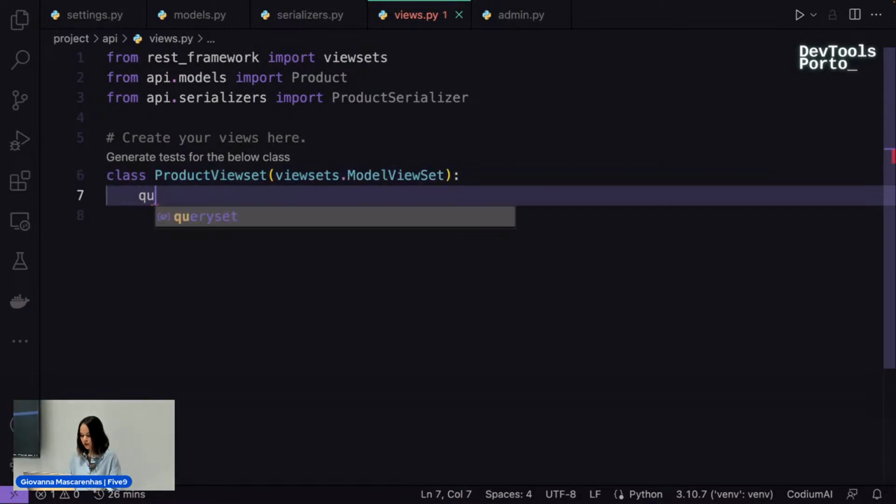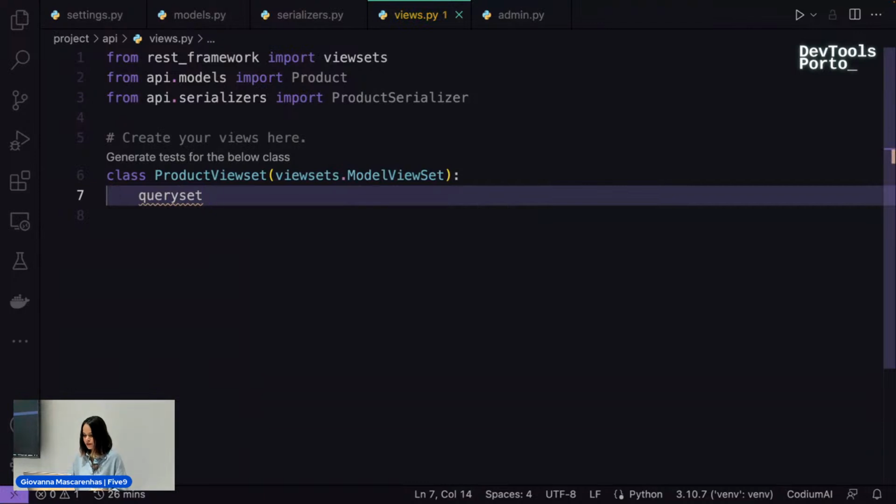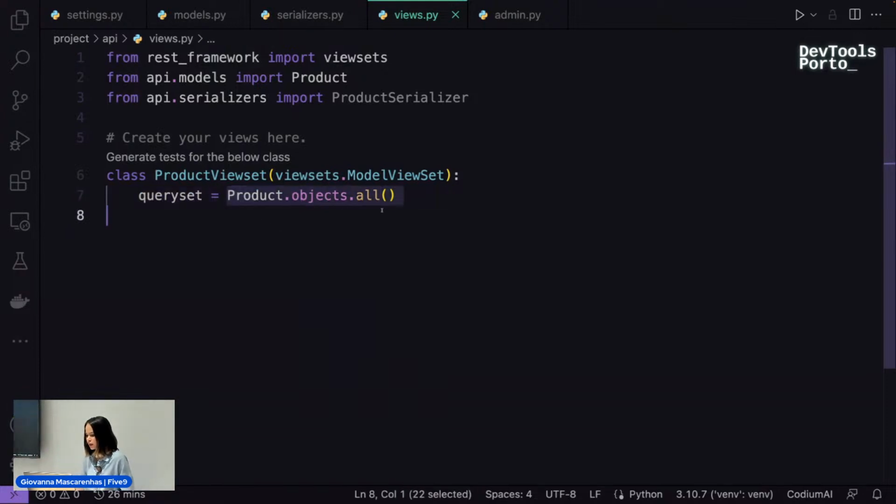And here I'm gonna call this queryset, which means, okay, I'm gonna call the model that I want to work with. So I'm gonna call Product here, objects.all. What does this mean? That means, okay, bring to me everything that you have inside the products table. So you don't need to put select. You can do this like this.